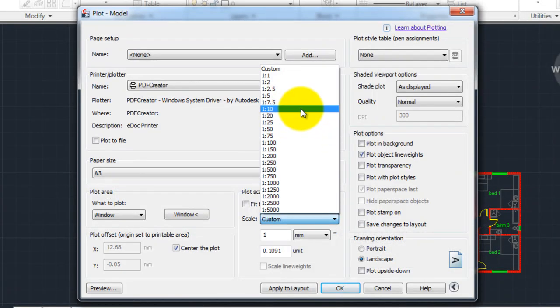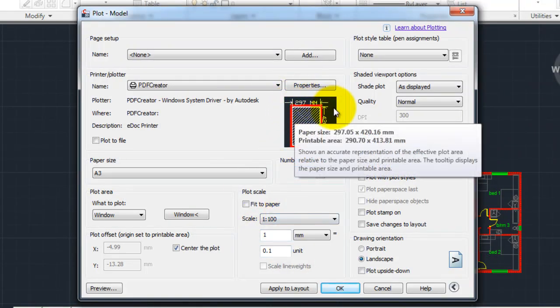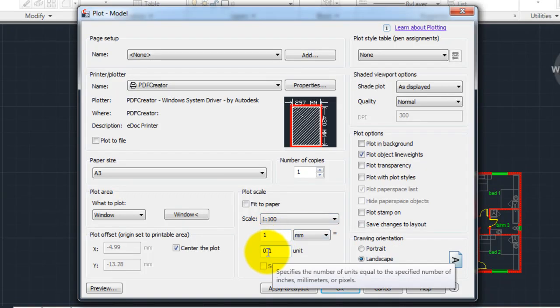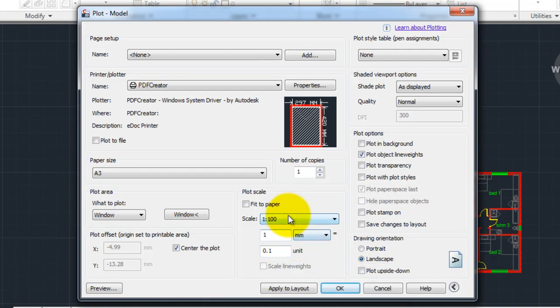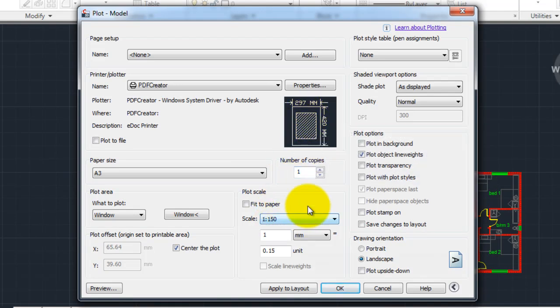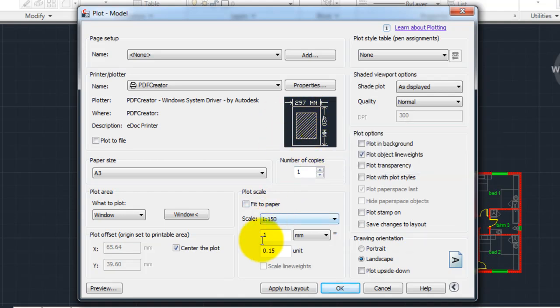Now again, some of this might be a bit of guesswork. After a while you tend to get to know. I'm going to say, look, plot 1 to 100. Now when I select that, you'll notice over here that it's red around the outside edge. That means it's too big for the actual piece of paper at 1 to 100. You can see 1 millimeter equals 0.1 of a unit. I'm going to change that to say 150, and as you can see 150 fits pretty well inside that area there, and you can see here that it's plotted 1 millimeter equals